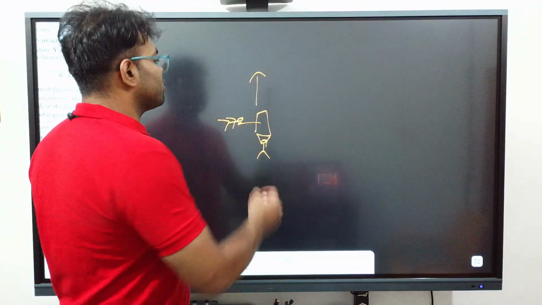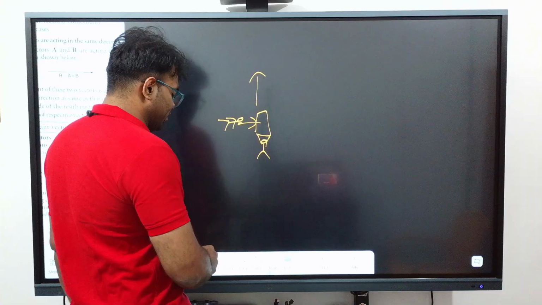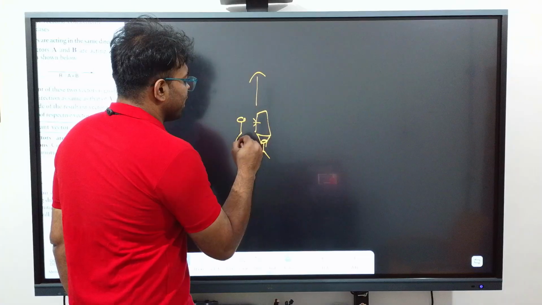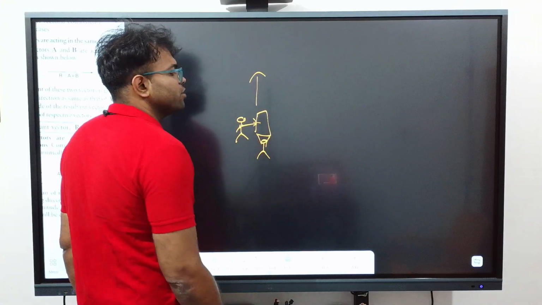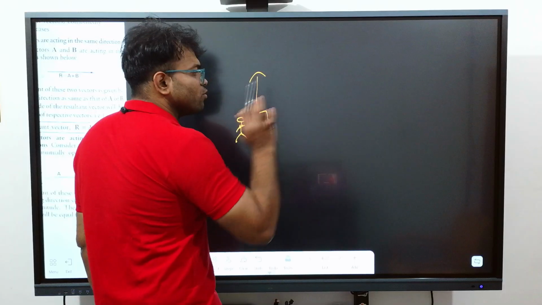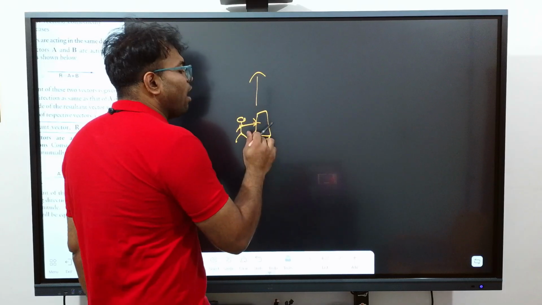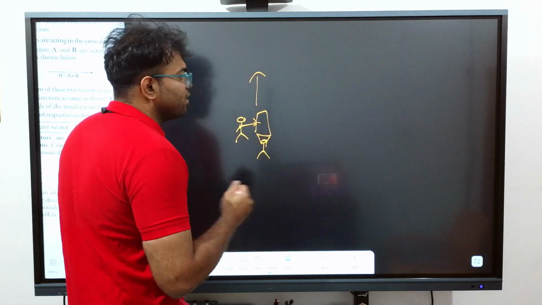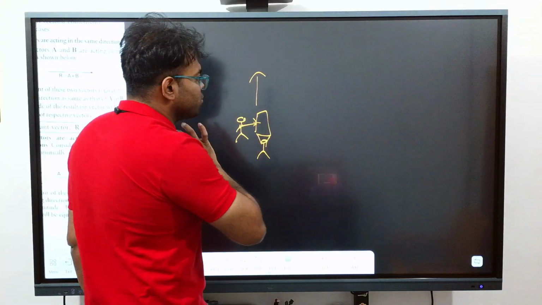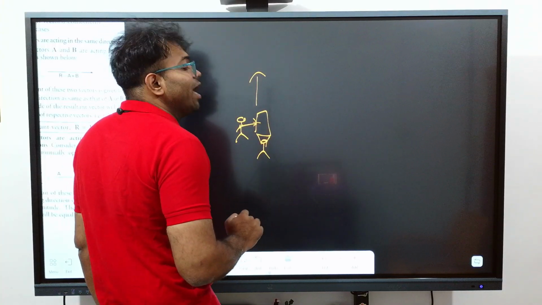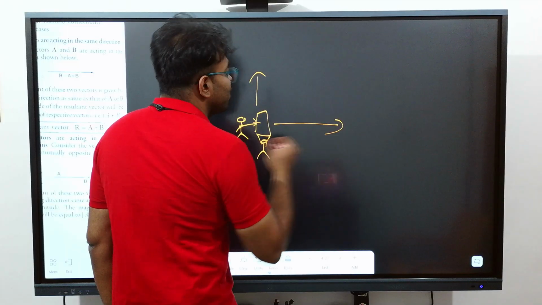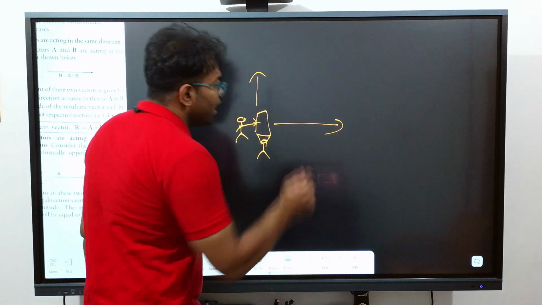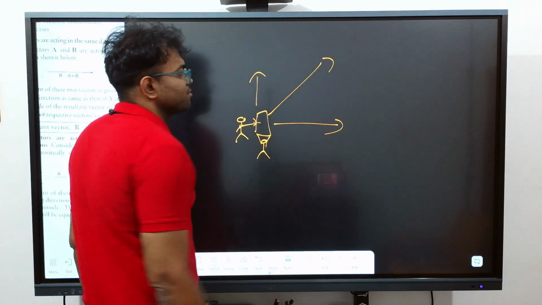In the horizontal direction, if someone just came and pushed the trolley like this, the question here is, you have not stopped pushing the trolley in the forward direction, and someone just pushed the trolley like this. So where will the trolley go? Will it go this direction or this direction? Neither. It will go in this direction,